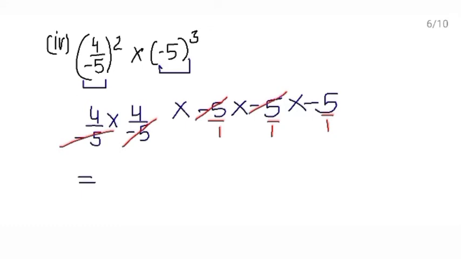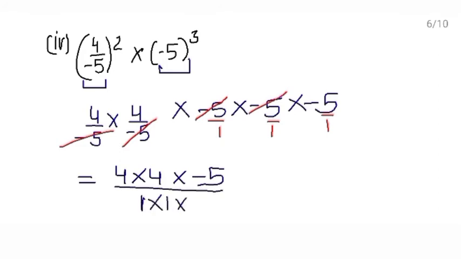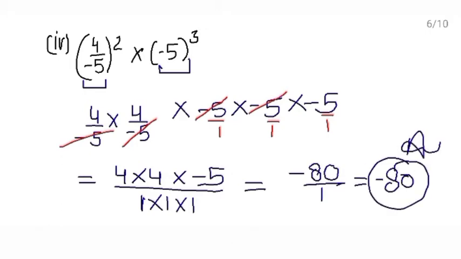Now what do you have in numerator? 4 multiply minus 5. And in denominator you just have 1 multiply 1, which is equals to 1, right? So 4 4s are 16, 16 5s are minus 80. Why minus sign here? Because minus sign is occurring odd number of times. So resultant will be negative. In denominator you can write 1, or minus 80 upon 1 is also equals to minus 80. So this is your answer.